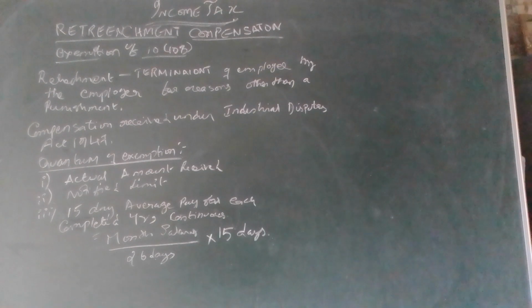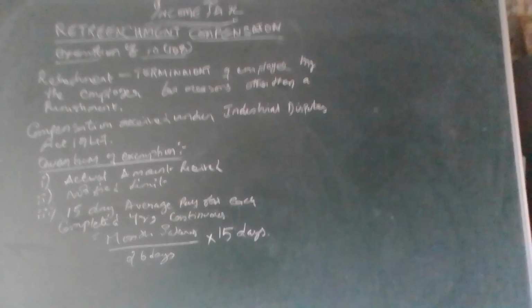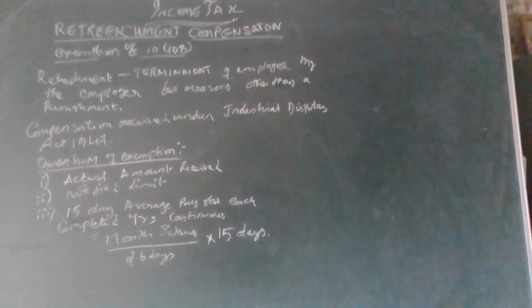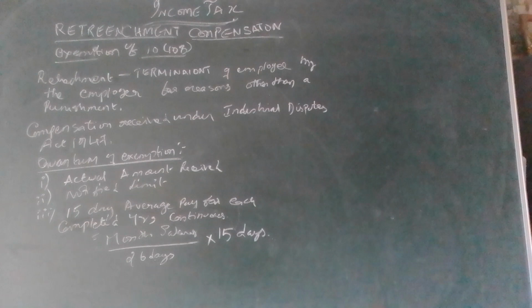Another important point: you should know what is called salary. Normally we know that in HRA we had a different meaning for salary: basic salary, DA, and commission on turnover, plus all the taxable allowances. For PF, only basic salary, DA, and commission on turnover, RPF. So like that we had different meanings.